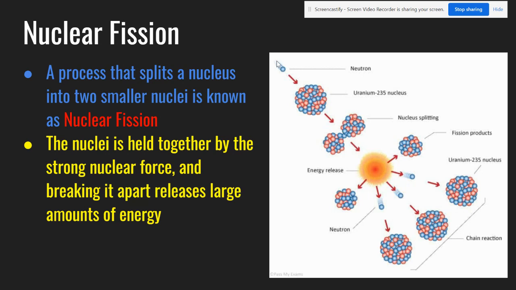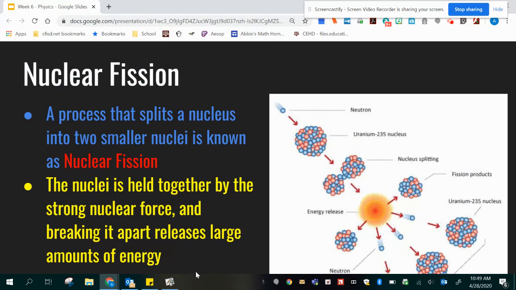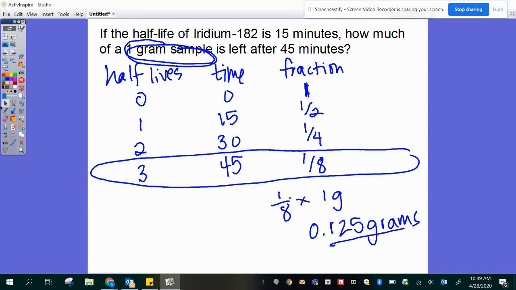If you look, we've got a neutron, we've got a radioactive isotope here. That isotope splits, so we have the two byproducts, and then we have lots of energy here, and it actually will form a chain reaction for the rest of the sample. Okay, so a nuclear fission reaction